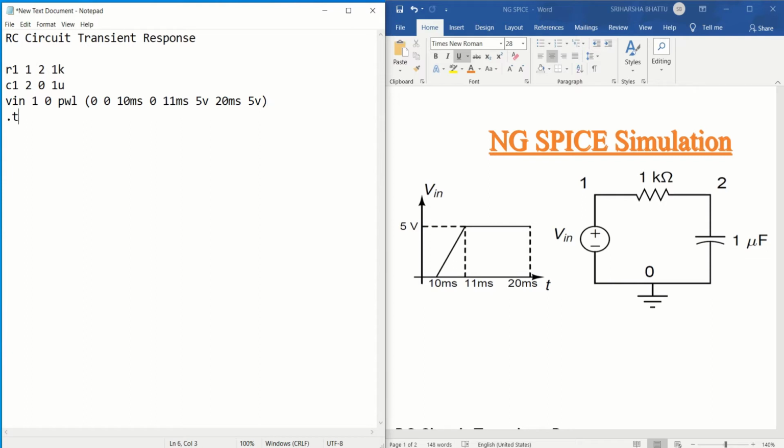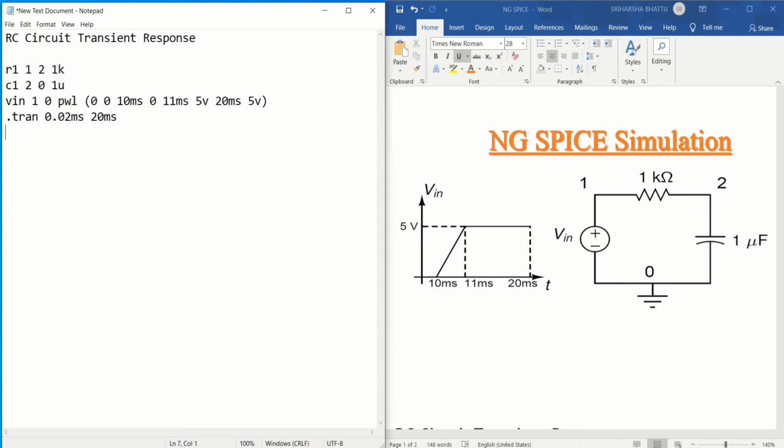Next, perform the transient analysis using dot tran in steps of 0.02 milliseconds to a maximum of 20 milliseconds.